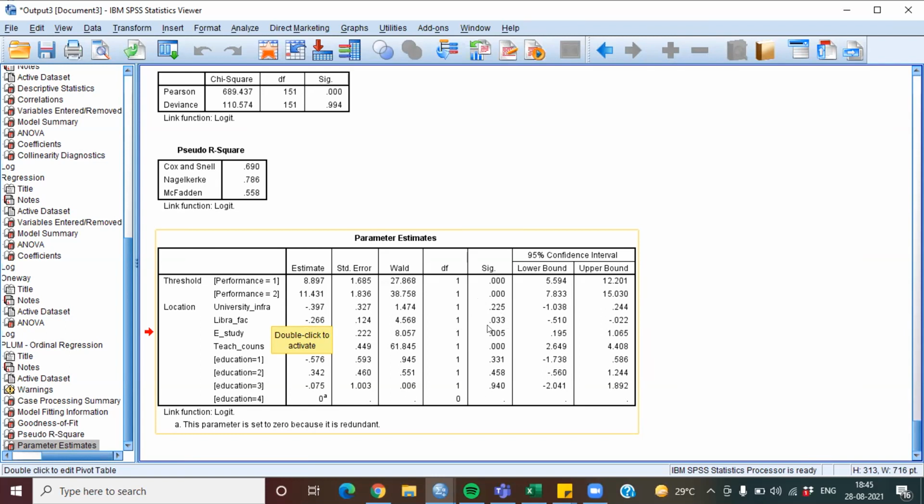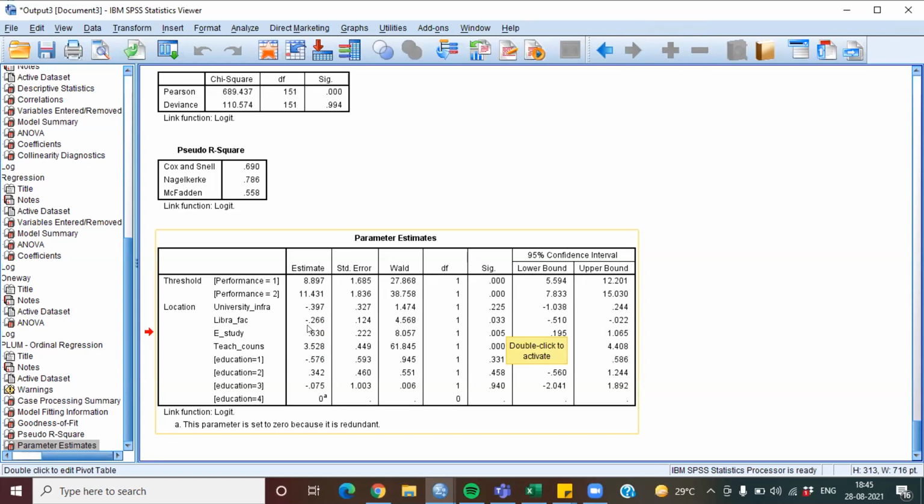If we compare this with 0.05, we get that they have a significant impact. We have the highest positive: the more we buy e-material, the more we can significantly improve, 0.005,